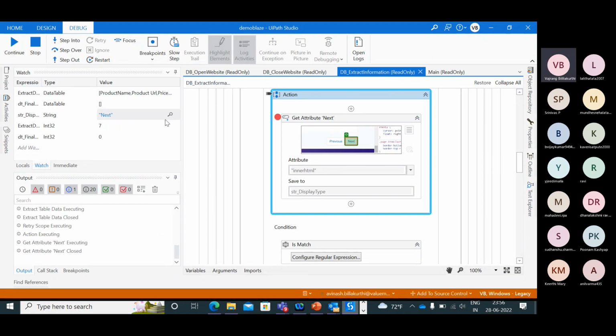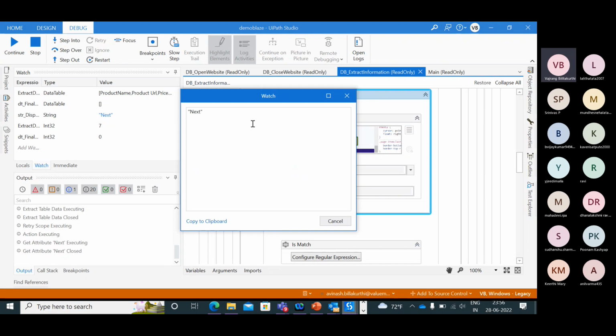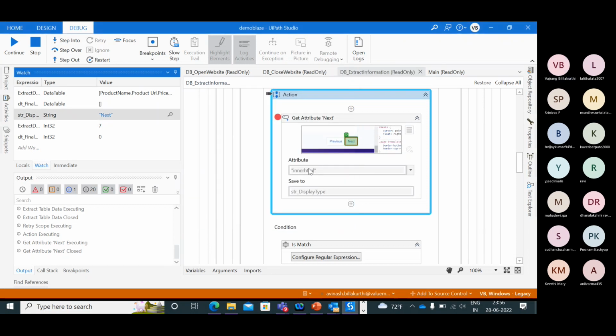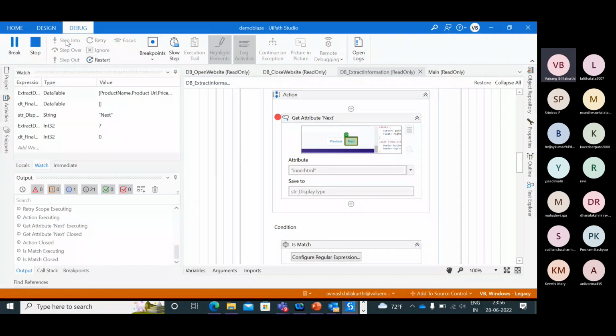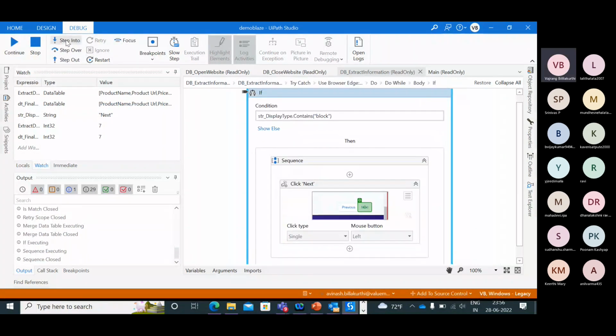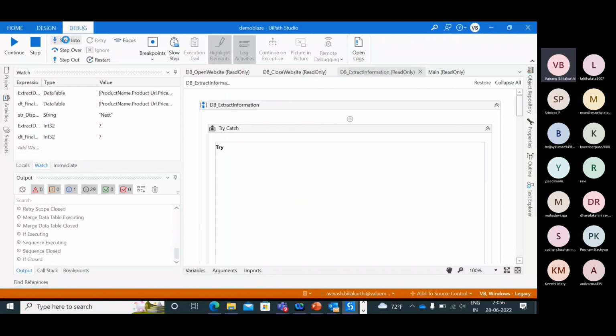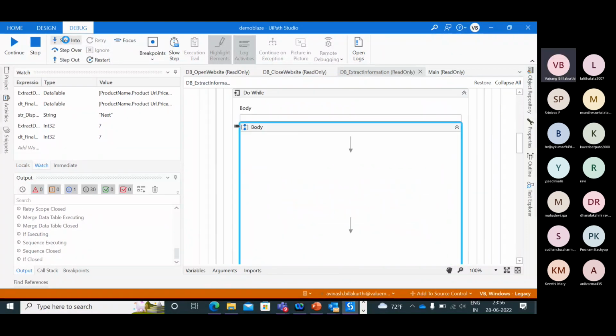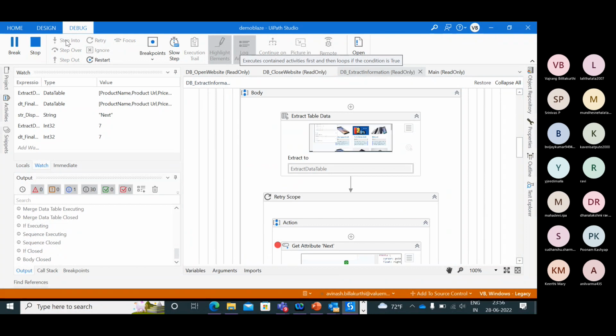The inner text is next. Inner HTML is next. This is what we are getting. But let's hit on the next item and see if that's coming in or not for the next item as well. Merging the data table. Let's check with the next item. It should pick up the next page as well.